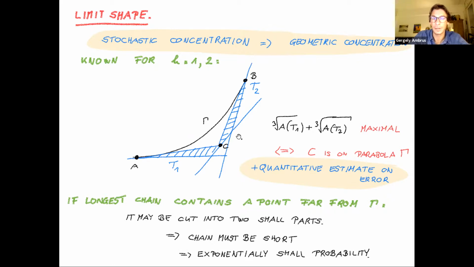And on the other hand, again, we have a quantitative estimate on the error. So we have sort of a stability version of this inequality. And now, the same way as before, this leads to a geometric concentration. And so now what is missing in the higher values of k is basically the analog of this